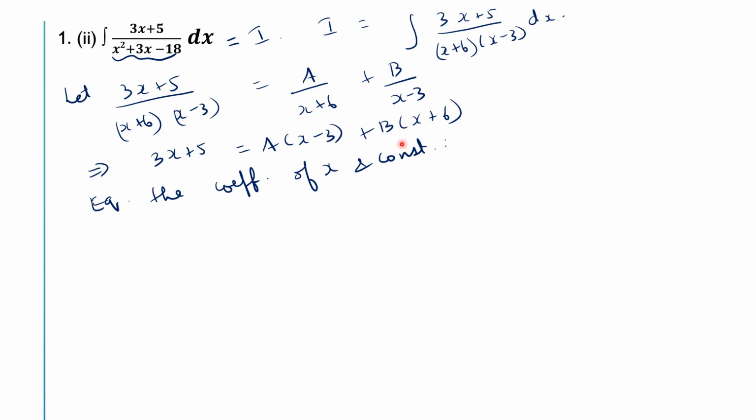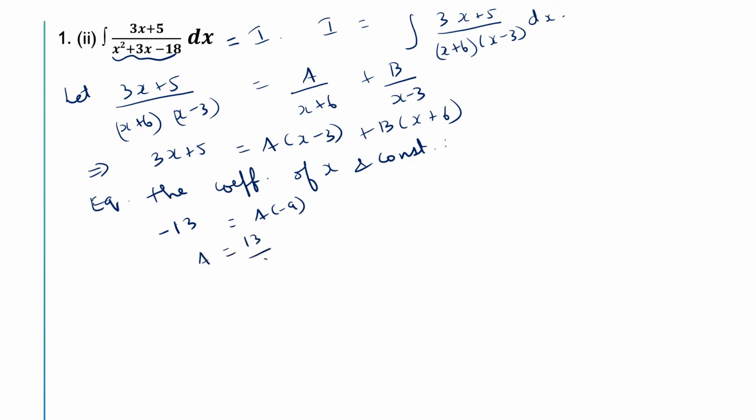Here this will be 0 and we will be able to find A. If we substitute x as 3, then the term with A will become 0 and we will be able to find B. So when we substitute x as minus 6, we will get minus 18 plus 5 is equal to A into minus 9. Or here we will have minus 13 is equal to A into minus 9,